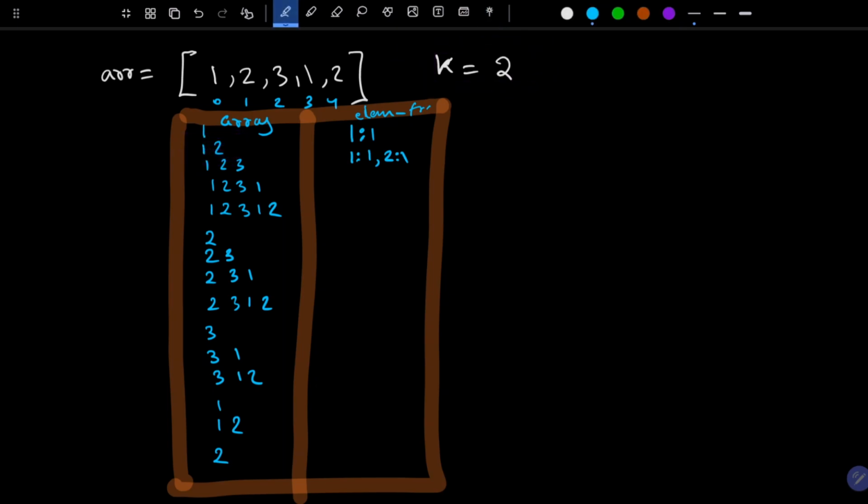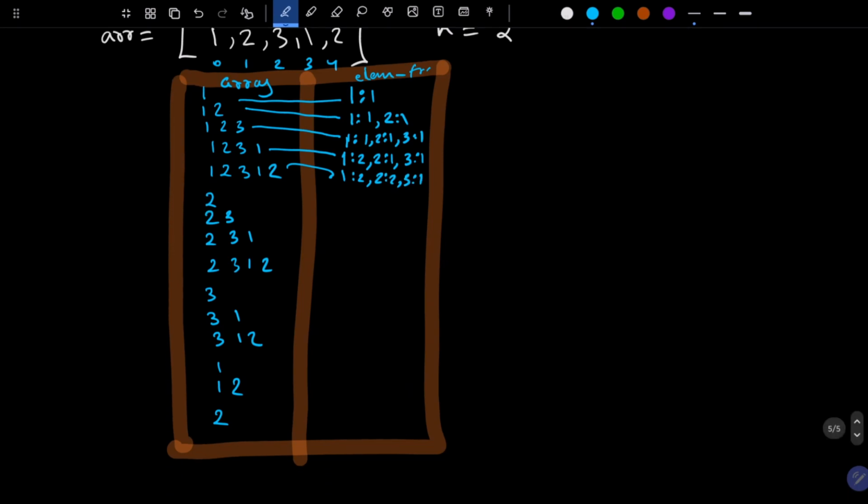So if I generate for all of them, for the second case I got 1 coming once, 2 coming once, 3 coming once. I have generated this, and this, and this, and for this I'll generate: 1 is coming twice, 2 is coming once, 3 is coming once. For this I'll generate: 1 is coming twice, 2 is coming twice, 3 is coming once. Similarly, if I generate for all of them,